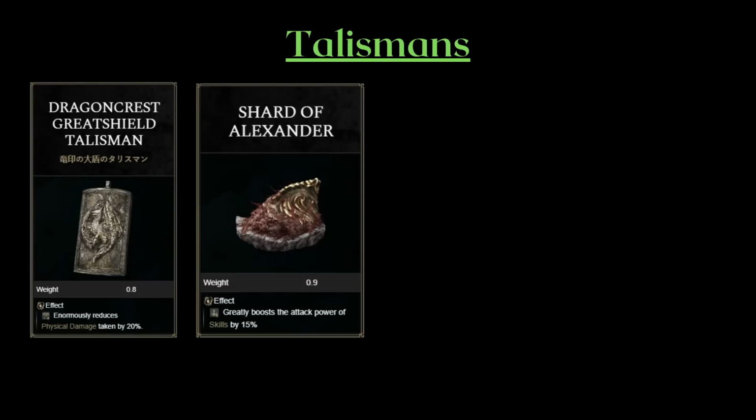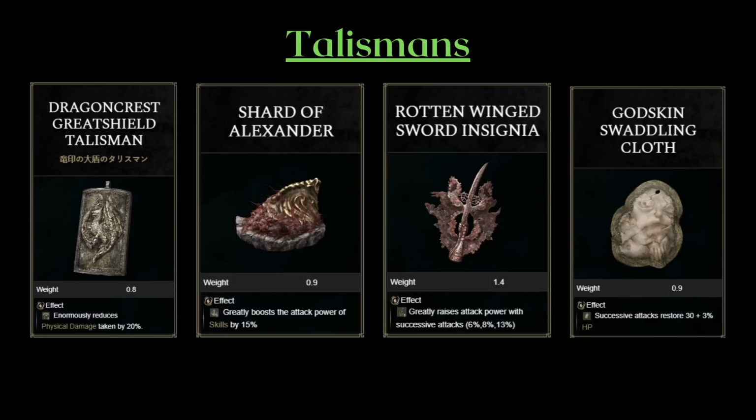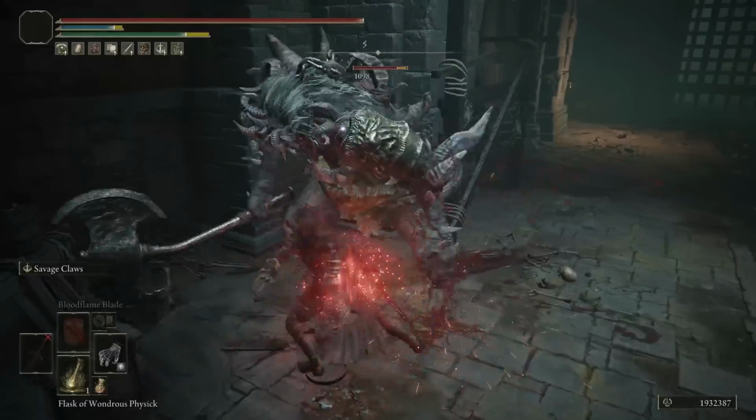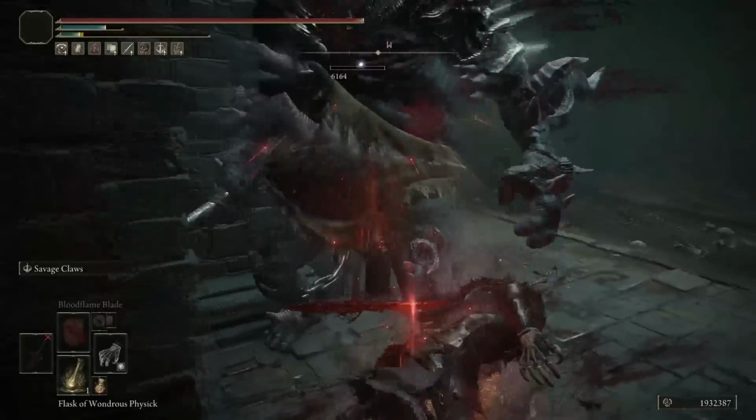For the talismans, Dragon Crest Great Shield and the Shard of Alexander are absolutely crucial for this build. Dragon Crest is one of the best defensive talismans in PvE. With how much weapon art we're spamming, the Shard of Alexander is the best source of damage increase. For the 2 other talismans, the Rotten Winged Sword Insignia and the Godskin Swaddling Cloth both works well with Savage Claws. Before the first cast of Savage Claws even ends, you will have full stack on the Rotten Winged Sword,